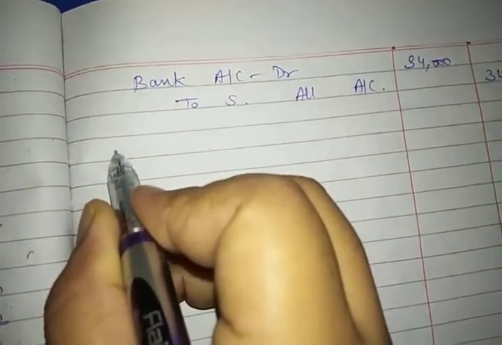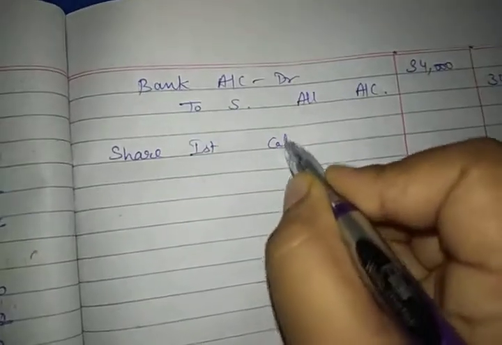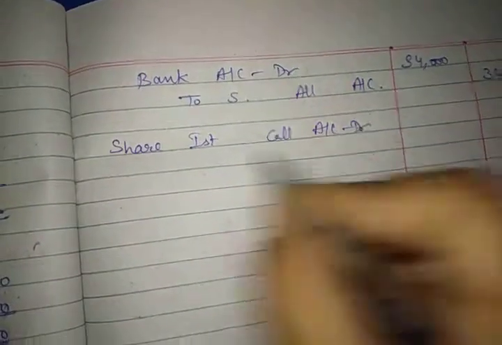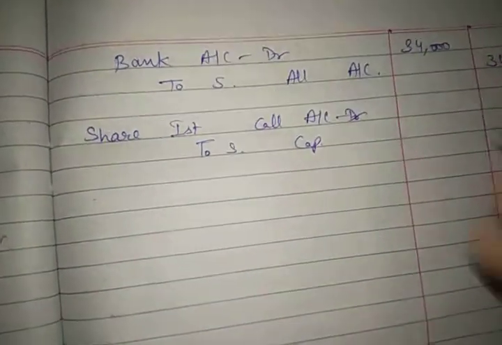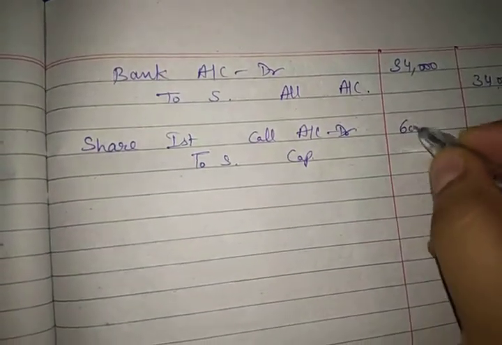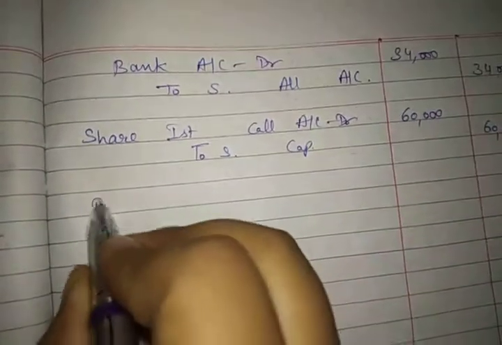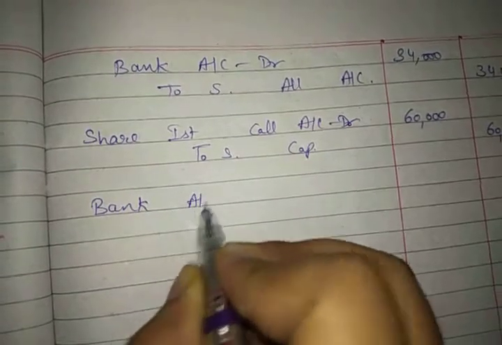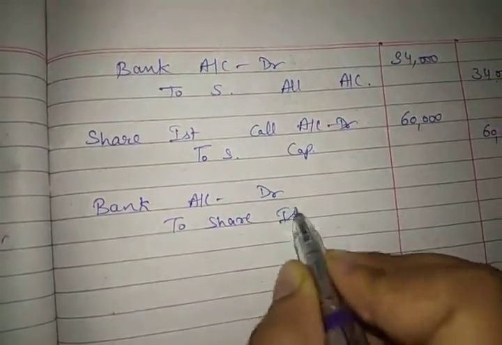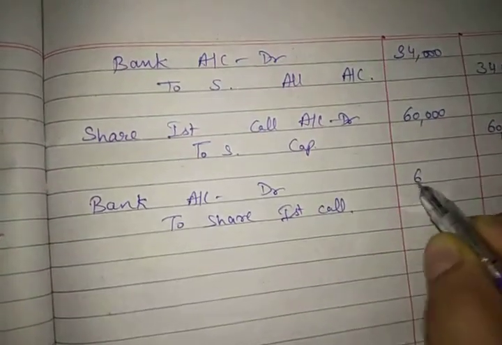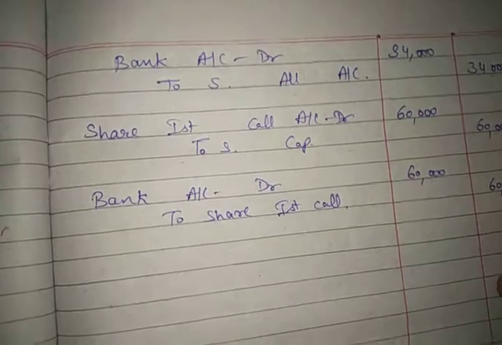Now time to call the first entry. So the entry will be share first call account debit to share capital, and the amount is 3 rupees on 20,000 shares, so it will be 60,000 rupees. Now we will receive this amount: bank account debit to share first call. We will receive the whole of the amount because no adjustment was made in this,